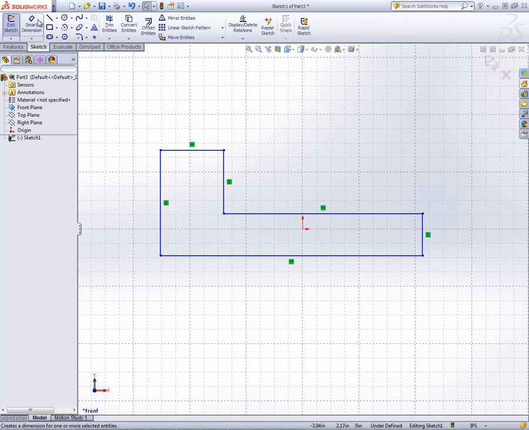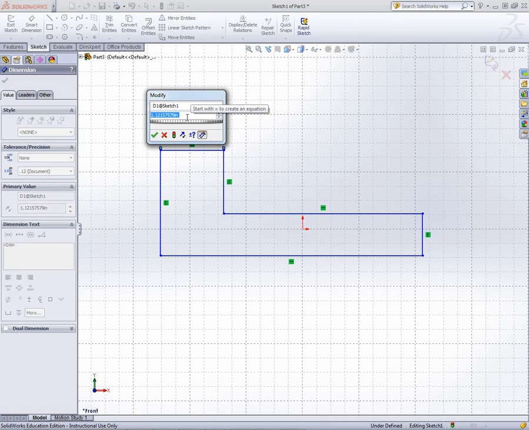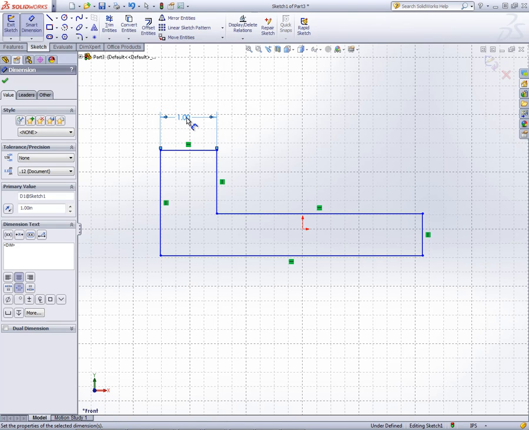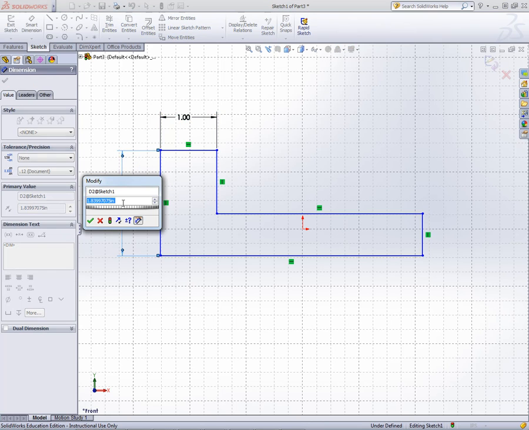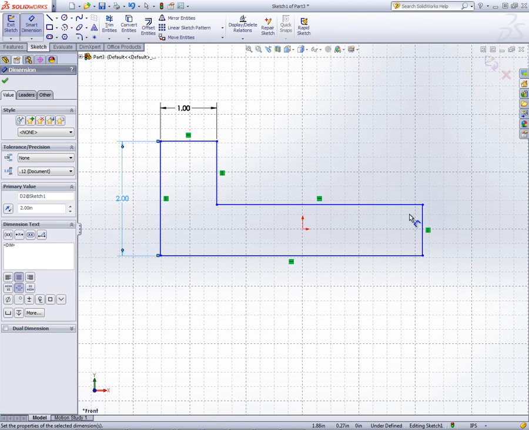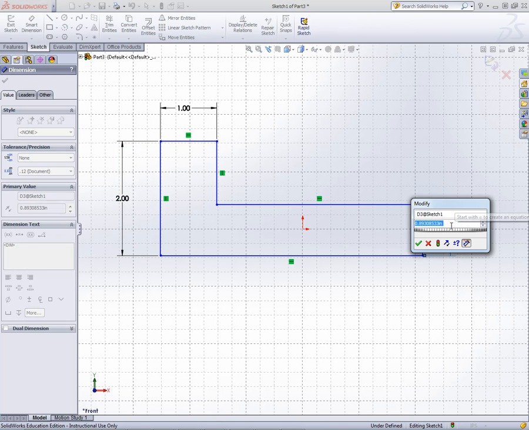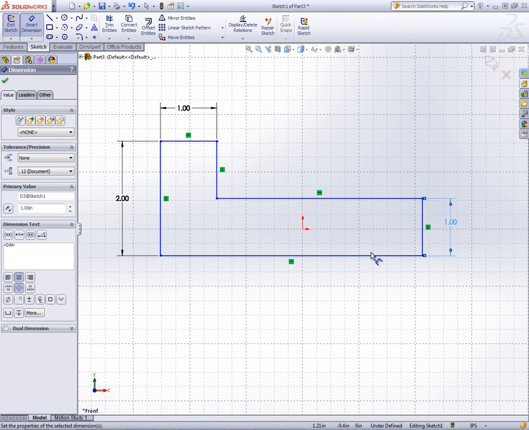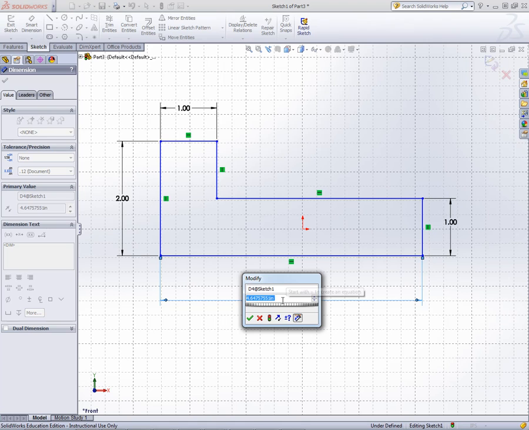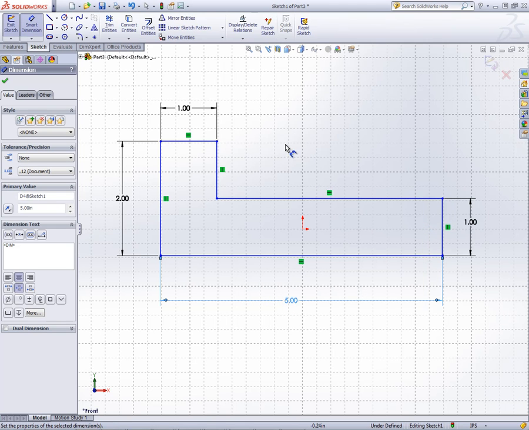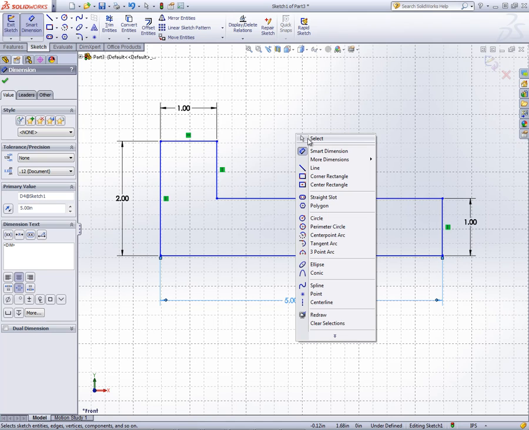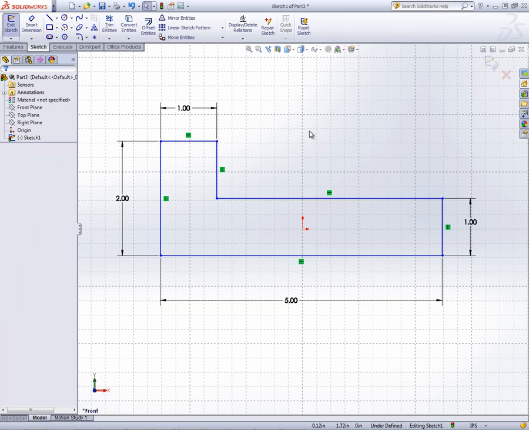We'll left click on the smart dimension command, move our cursor down to this top line, left click, and we'll enter a 1, and we'll dimension this side to 2, dimension this right side to 1, and we'll dimension our overall length to 5. Then we'll right click, left click on select, and we'll right click again, left click on exit sketch,